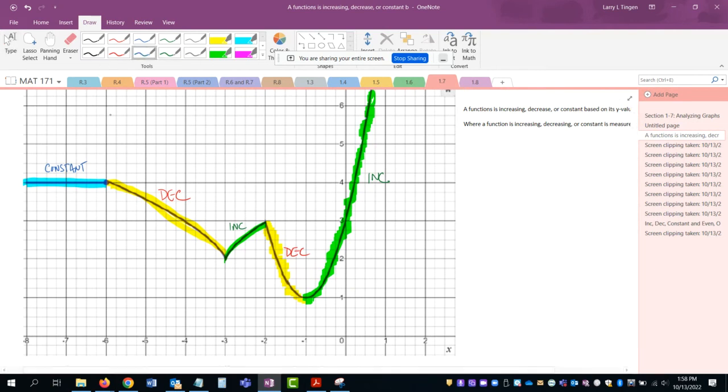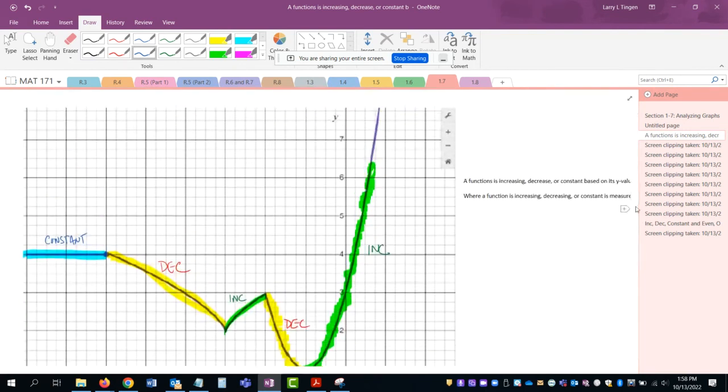So this first little bit of blue, this was constant. The ends don't have arrows on them, so that means it does not go on forever. So that means this function starts at the point, what is this, -8, 4, and then goes up, down until we get up here to whatever this value is up here. And I tell you what, let's make it go on forever because it just makes life easier. Okay, so if it goes on forever,